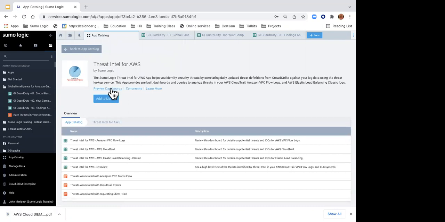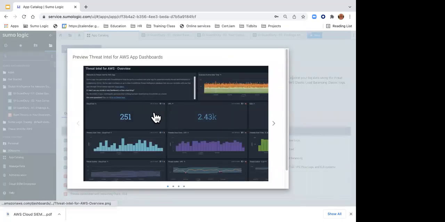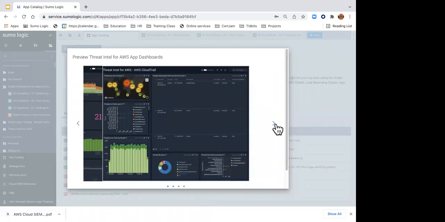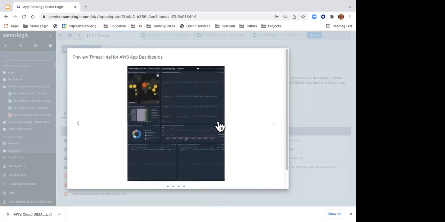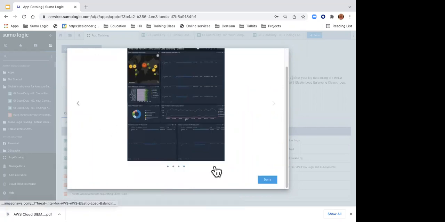Again, as I mentioned before, here's my preview dashboards so I can see what kind of information this is telling me. And I can look at my various information here. Now, looks like it's going to show me some CloudTrail data. Maybe you have CloudTrail, maybe you don't. I'm going to assume you do. Also, we've got VPC flow logs. Maybe you got VPC flow logs, maybe you don't. If you don't have them, this page will be blank, okay? If you have elastic load balancing, again, you would see that information. You could see what kind of information we're getting here.